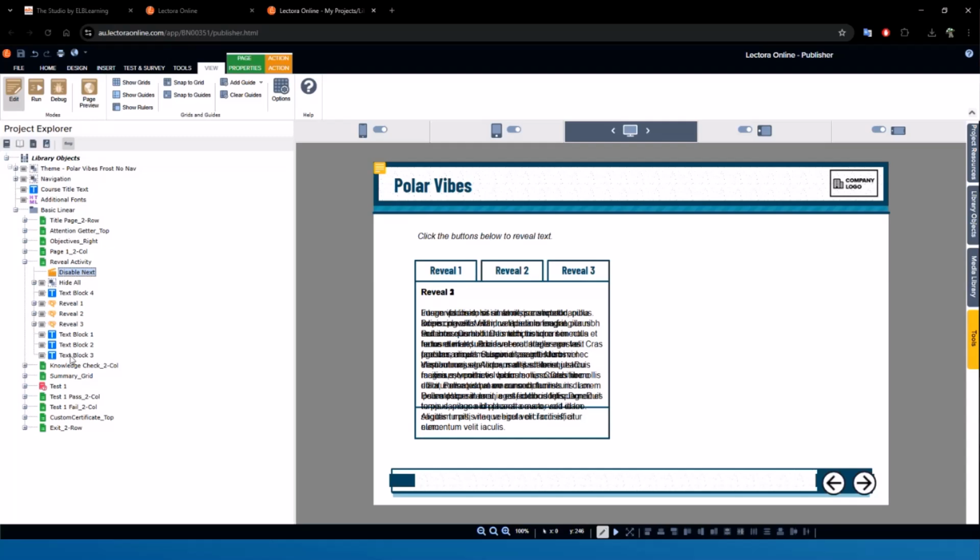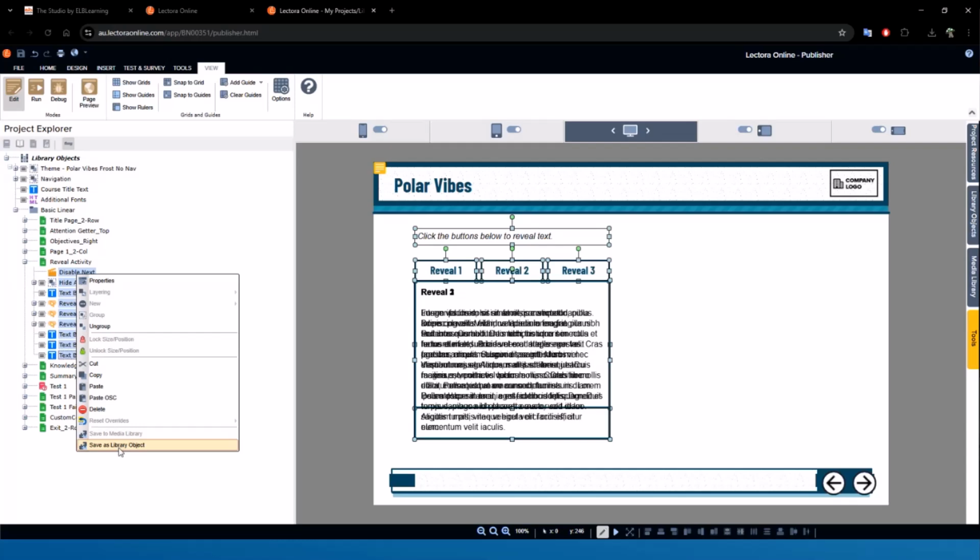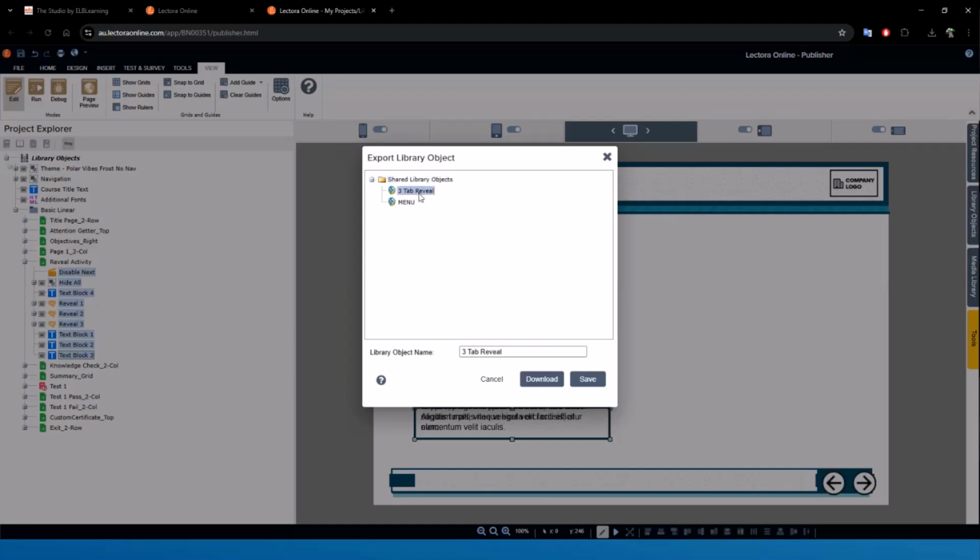What I'd like to do in this one is normally just grab everything. I'm holding down Shift on my keyboard here and just clicking first and last stuff on the page. That selects all of my stuff together. And I can then right click, and right down the bottom it says Save as Library Object. I click on Save. You can see I've already got one there. That's basically this one I've already created, but I can give it a name and it'll add it into this